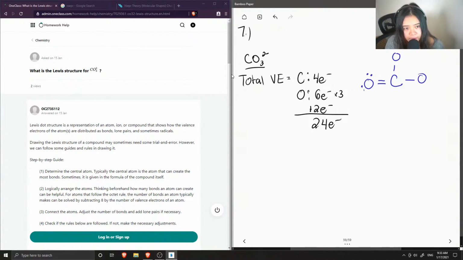So now let's fill in all of the lone pairs on our oxygens and count out how many electrons I've drawn in the structure. So each bond contains 2 bonding electrons, and we end up with a total of 24 electrons for this structure. So it looks correct, but to double check, we can calculate the formal charge of each of the atoms just to see if the sum of the formal charges is going to equal -2, since the overall ion has a -2 charge. So the equation for formal charge is equal to the number of valence electrons